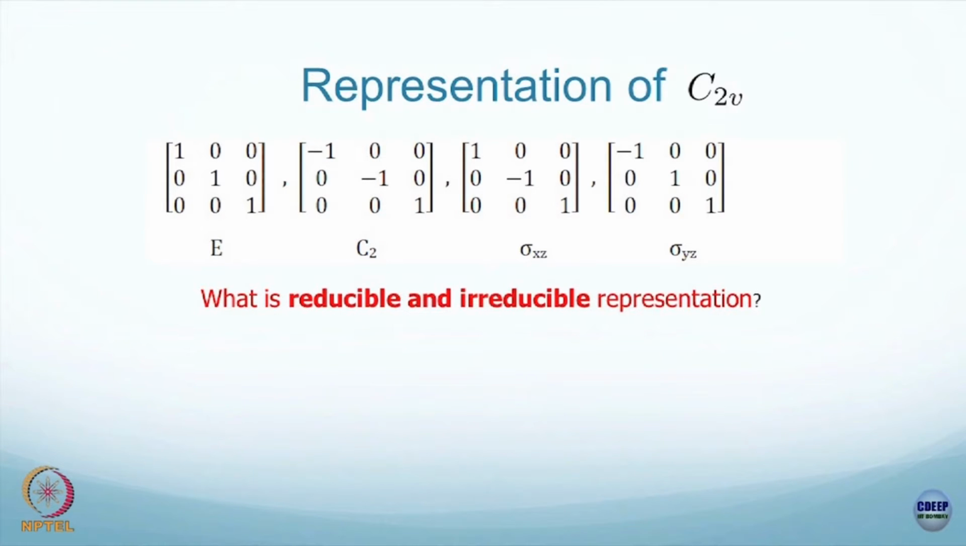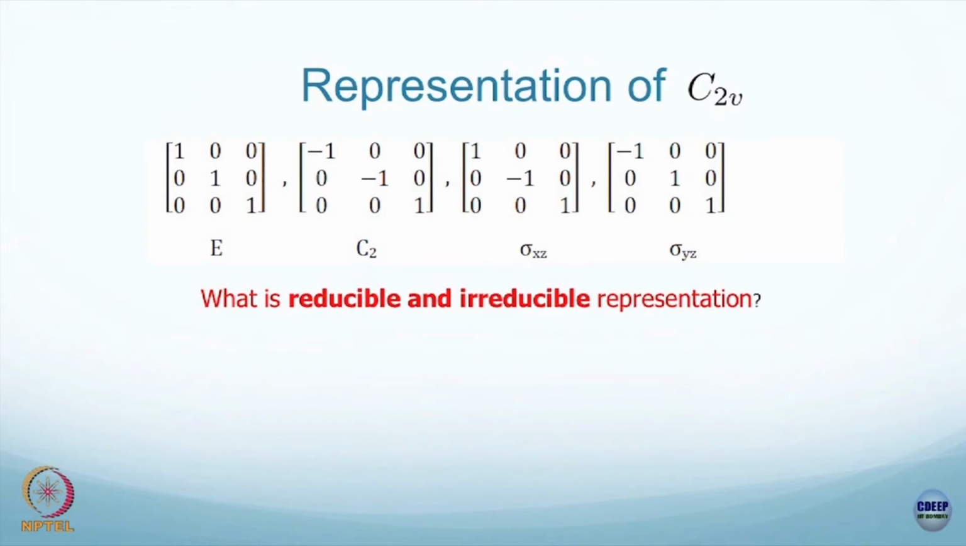So, as shown on the screen, I have put in the identity element, which is the identity. Looking at how it operates on the x, y, z components of your position vector, C2 will be the diagonal elements: the x component will become minus x, the y component will become minus y, and z will not change. If you take just the mirror, say in the xz plane,